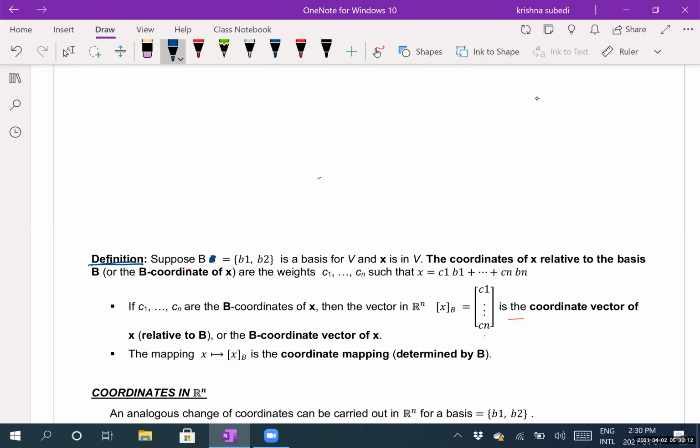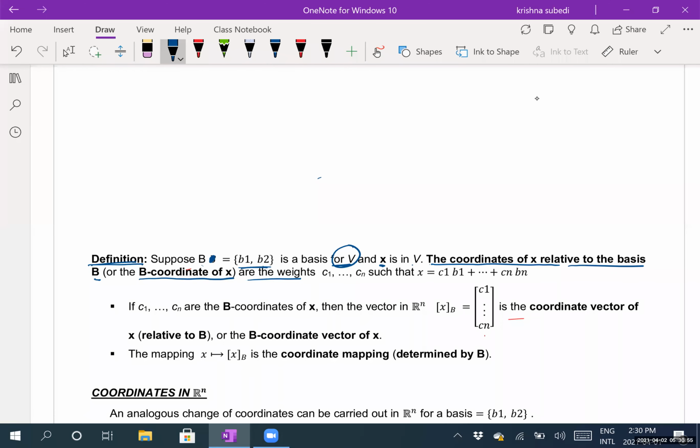is a set and it has two vectors B1 and B2, which is a basis for a vector space V. Meaning vector space V is actually created by some linear combination of B1 and B2. And let's say X is in V. X is an object in that vector space V. The coordinate of X relative to the basis B, it is sometimes called the B coordinate of X, are the